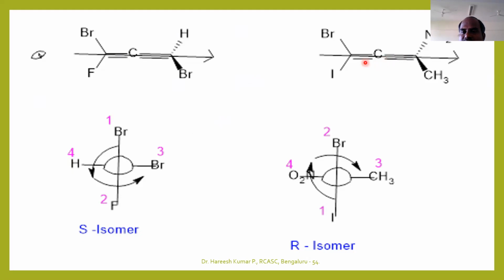So how can you assign? You should pass a chiral axis between these carbons. Once there is a chiral axis passing, what you need to observe is whether these two are horizontal or whether these two are vertical. You can observe that this is the wedged bond. A wedged bond is always a horizontal one. So these two groups are horizontal and these two groups are vertical.